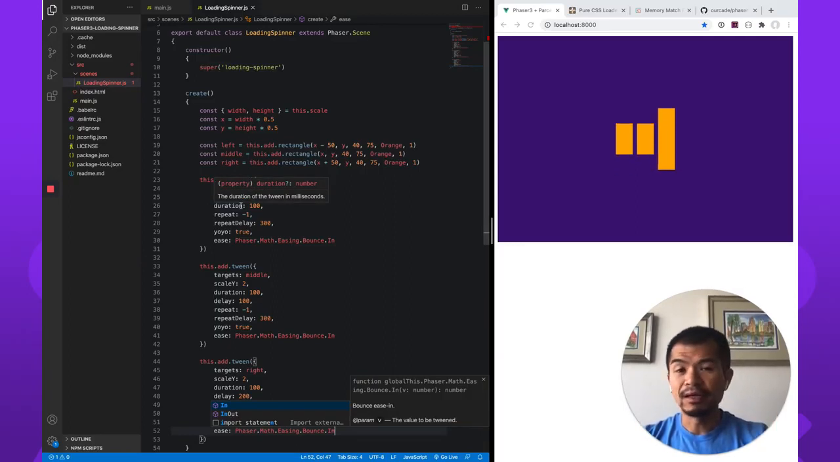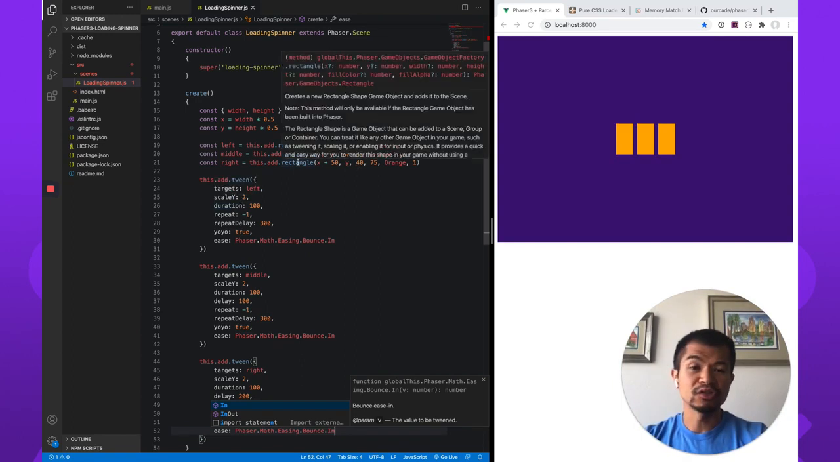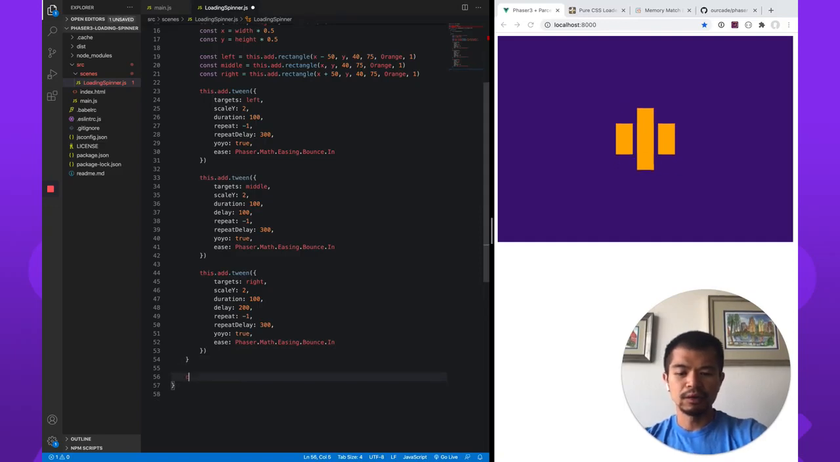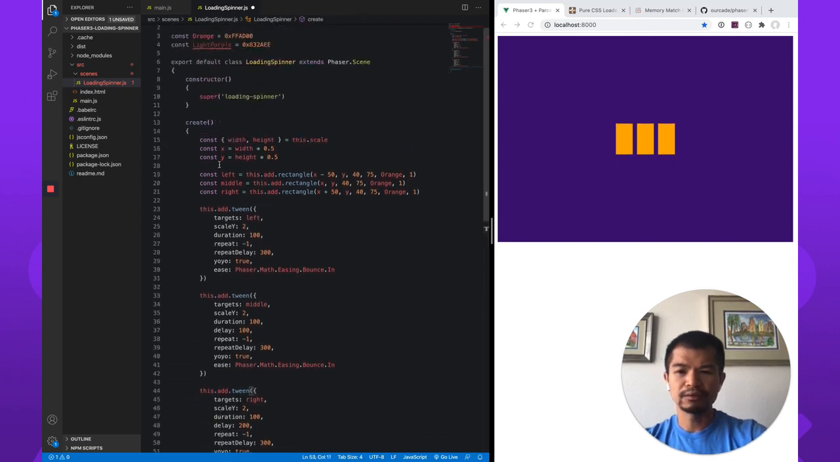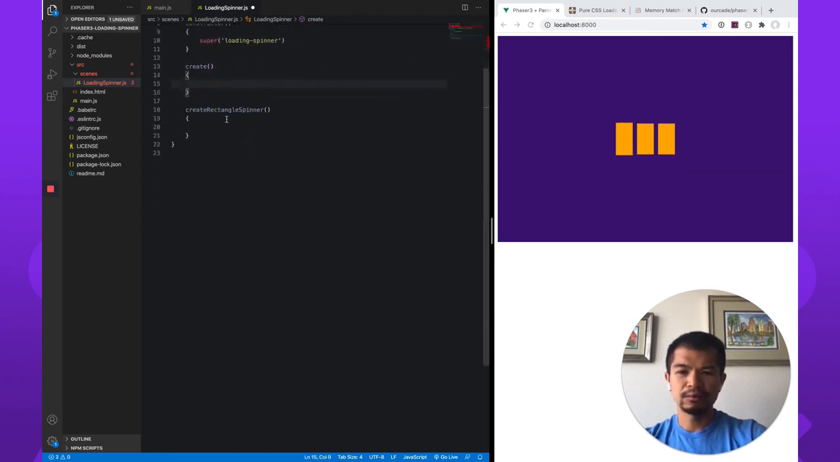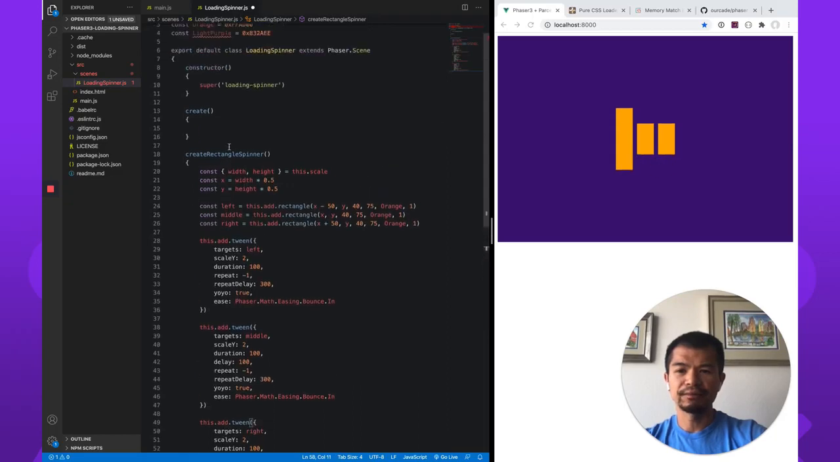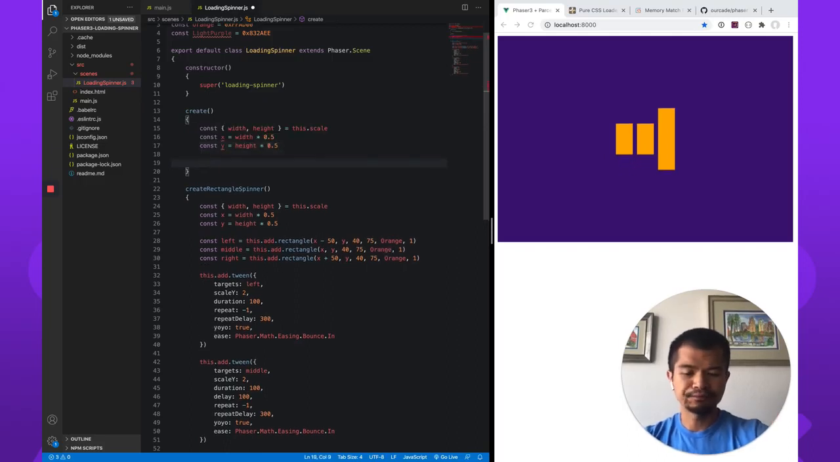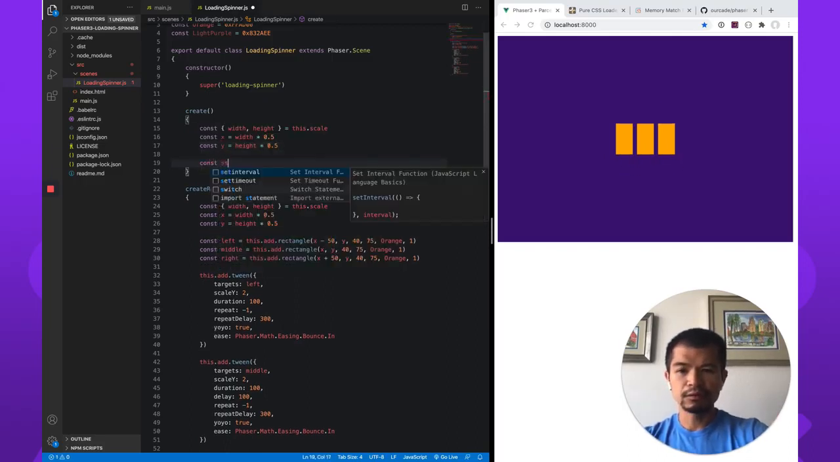So now we're going to do another loading spinner. This one we're going to use a star. So now let's just save this. We're going to do create rectangle spinner, and I just put this code to the side. And we're going to need this. So now we're going to make a star. So const star